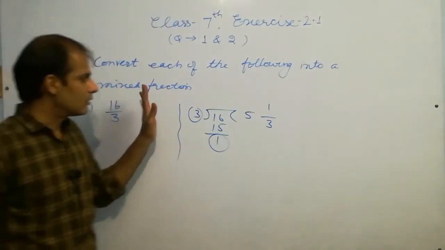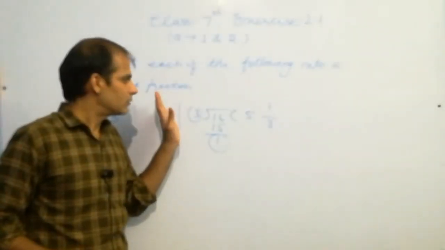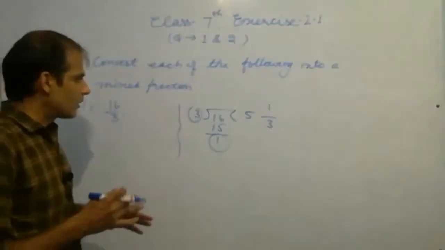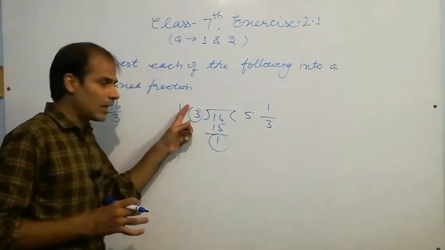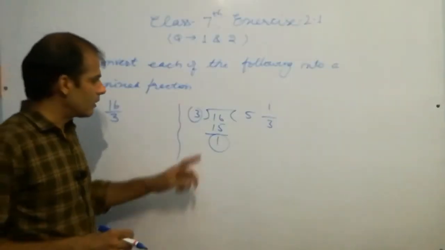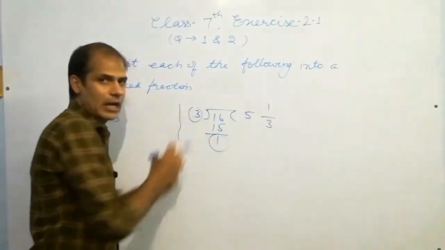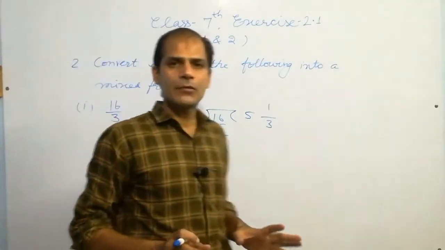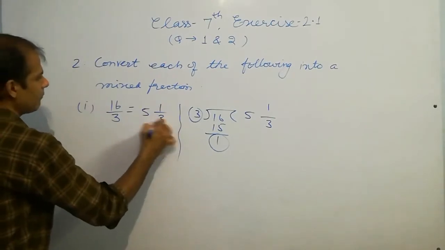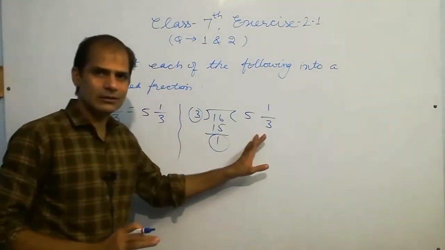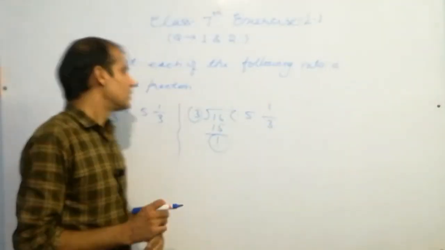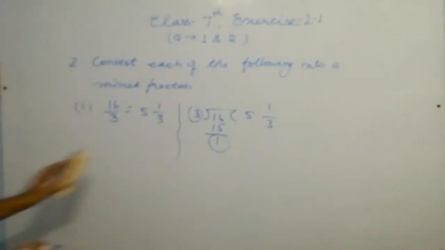Sometimes maybe you make a mistake, so I tell you some other way. See, this number comes on top and this number comes at the bottom, so you have to change their sequence. You have to write this number on top and this one at the bottom. This is the easiest way. If you are confused, use this technique. The mixed fraction is 5 and 1 upon 3. How to read 5 and 1 upon 3? So this is the answer of the first part.